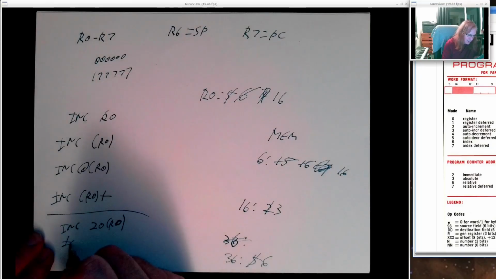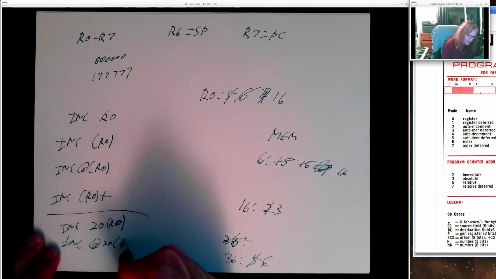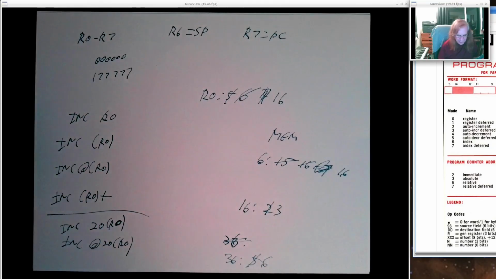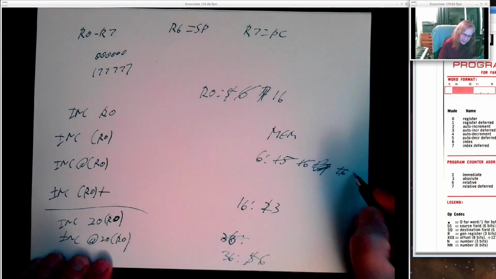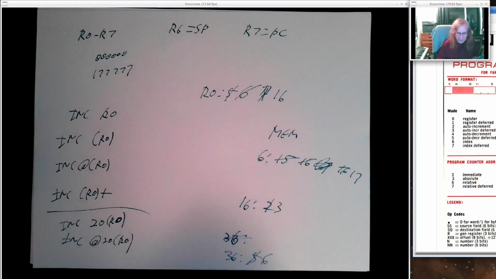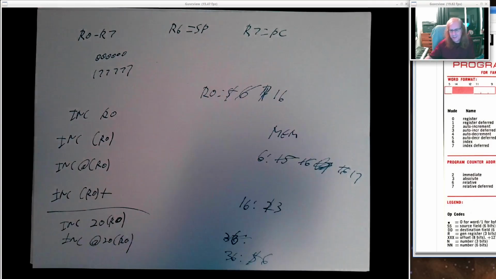And if I do increment at 20 R0, it would do the same thing, except that after it takes R0, adds 20 to it to get 36, and it reads the 6, it doesn't increment that, it uses that as an address. So it would go to address 6 and increment this. Okay, so lots of options there for